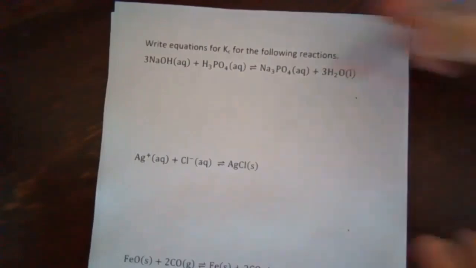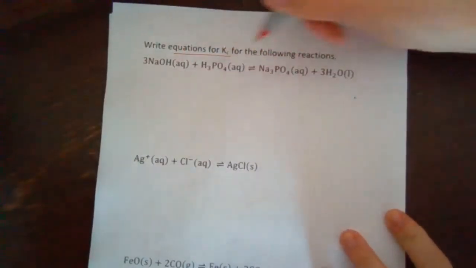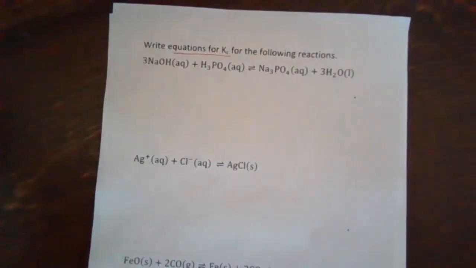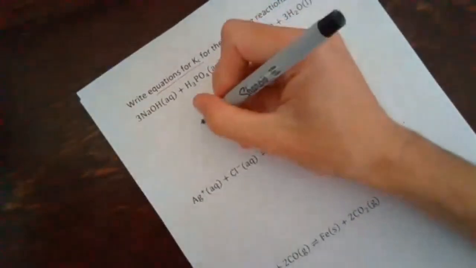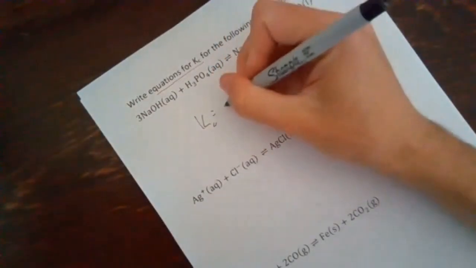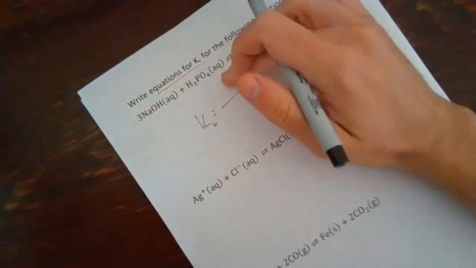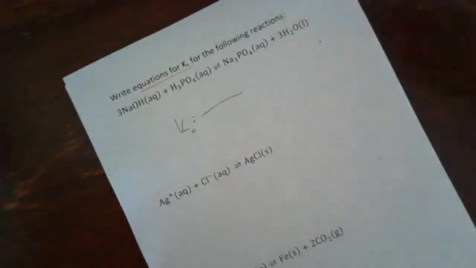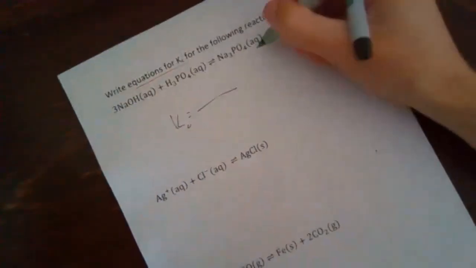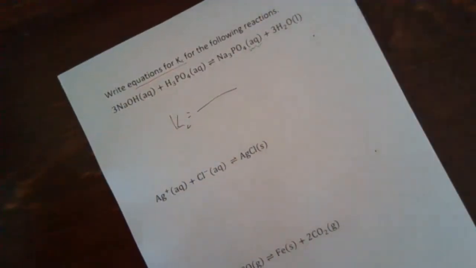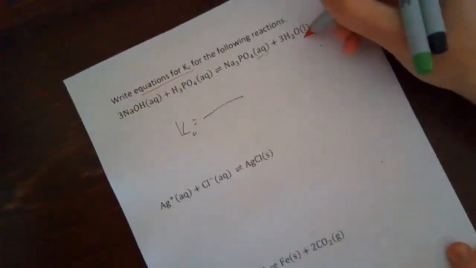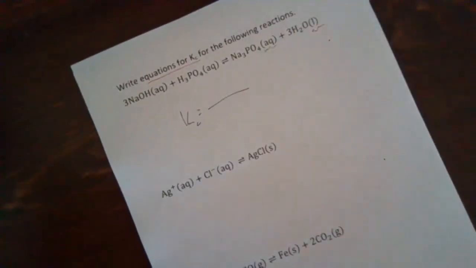All right, so again, we want equations for Kc. And so it's always going to have that same idea where I'm going to expect that Kc is going to be a ratio. I'm going to put products over reactants. But now when I look at my products, I want to check their phases. So that's aqueous, so that means it's going to show up, but that's a liquid. Only things that are aqueous or gases are going to show up in my